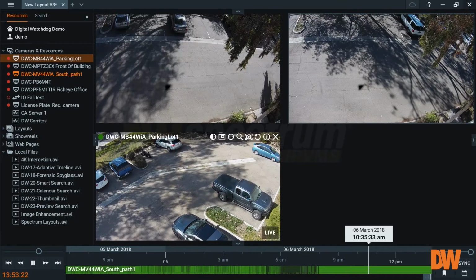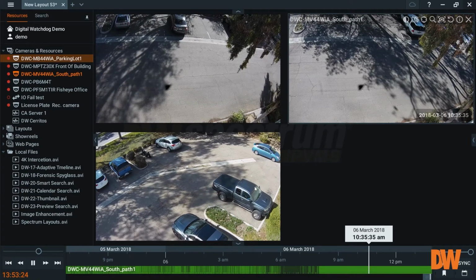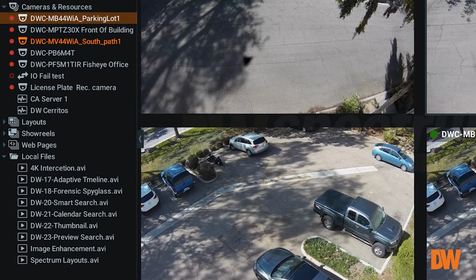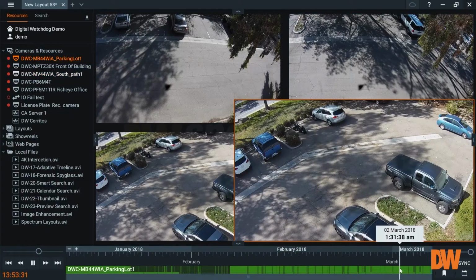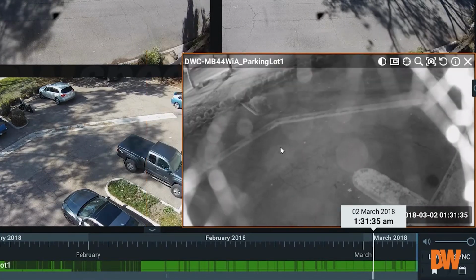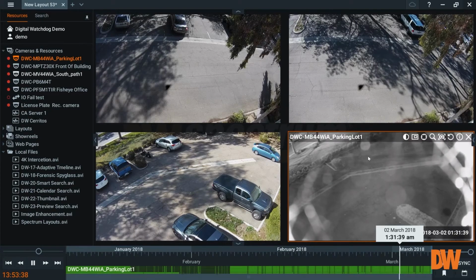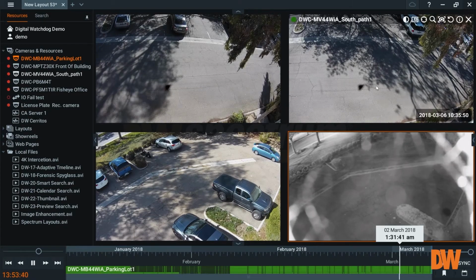So now I can see here I'm still live, and on this one I'm archived. If I were to pick another version of the parking lot camera, I could select here. Because I'm unsynced, I could go to another time frame. Now I have my two cameras live and my two cameras looking at different periods of time on the adaptive